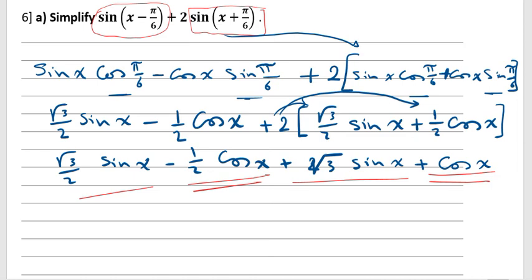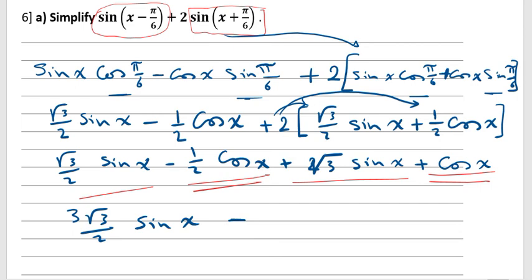Root 3 over 2 sine x plus root 3 sine x equals 3 root 3 over 2 sine x. Negative 1 over 2 cosine x: here it's negative 1 over 2, so don't be confused and use it as positive 1 over 2. You have to take each part with its sign. Negative 1 over 2 cosine x plus 1 cosine x equals